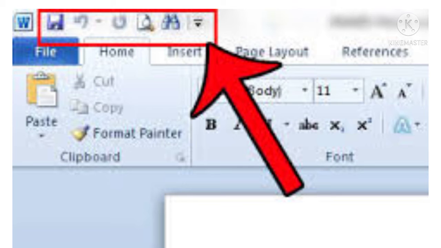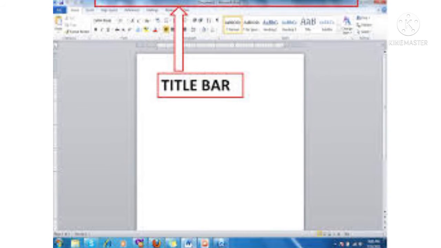It contains buttons for commonly used options such as Save, Undo and Redo. Next one, Title Bar. The title bar appears on the top of the MS Word 2010 window. It displays the name of the program and the active document.